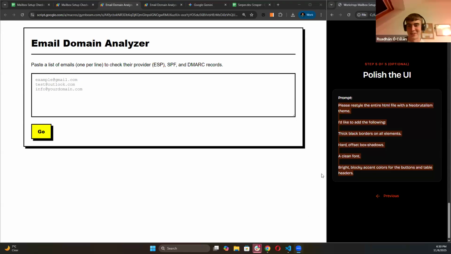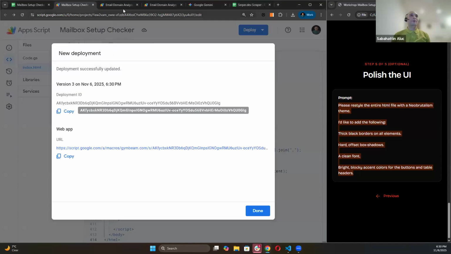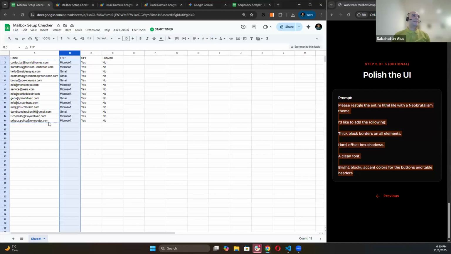I also love making things look nice. Exactly. I just asked Gemini to restyle the entire HTML file with neo brutalism, and yeah, this is what you get in return. Let me just throw in some